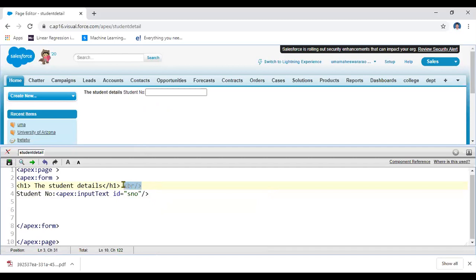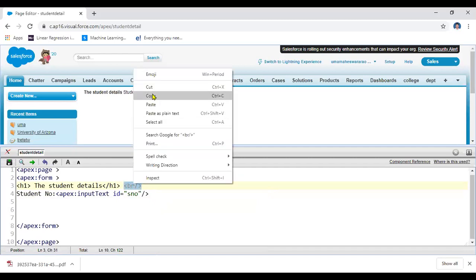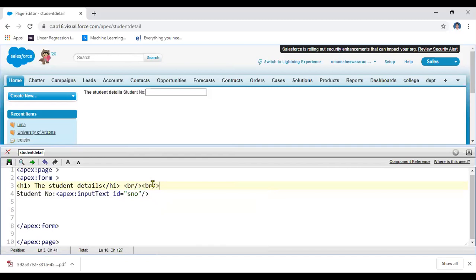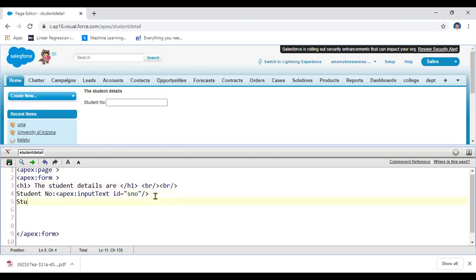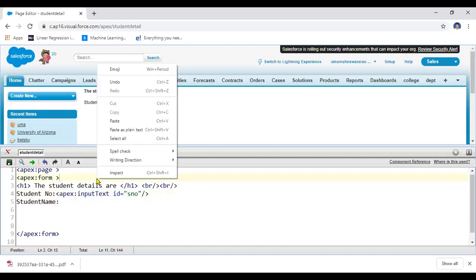Okay, two more breaks I am taking. Yeah, I'm taking two breaks. The first one, student details. The student number is a student number, and then student name colon. The student name here uses the same apex input, because it is a name.